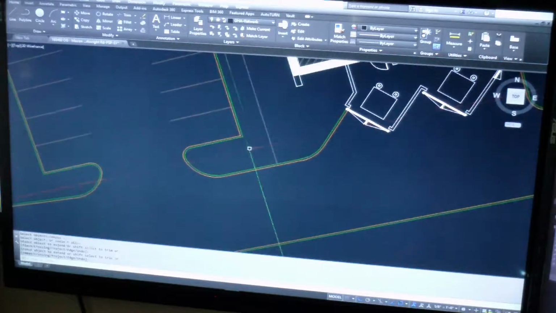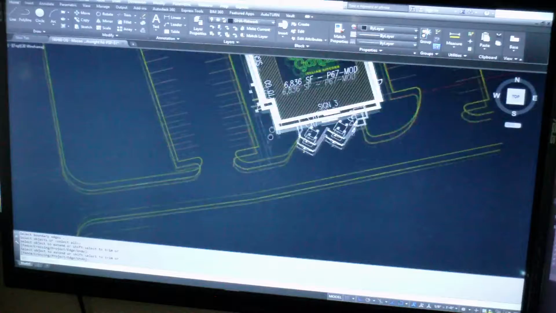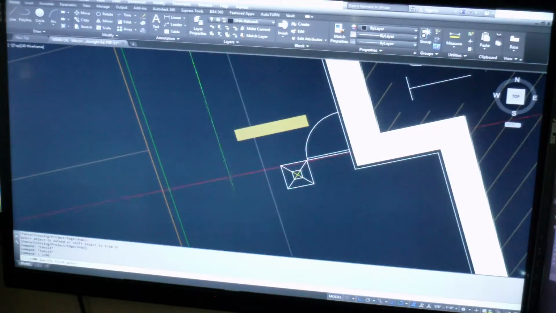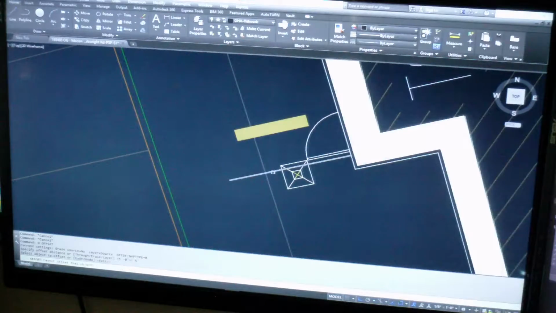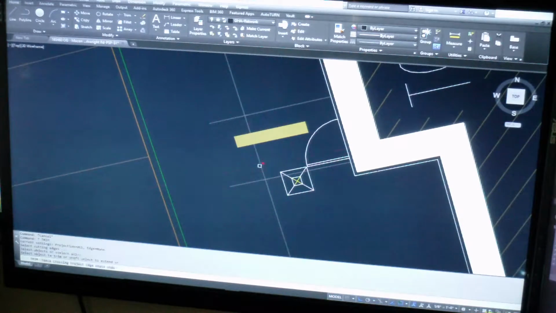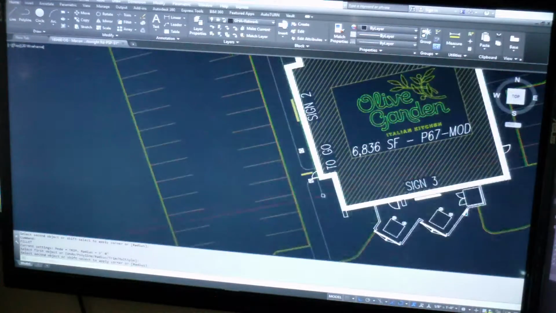I'll go ahead and extend this one out. And then we've got our to-go door back here, 5 foot, put a little radius on that. That's kind of weird how it goes through the column like that, but